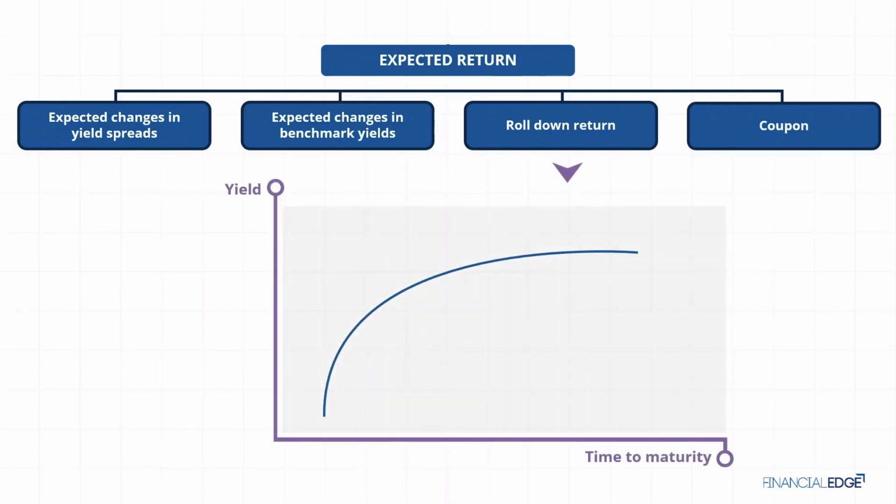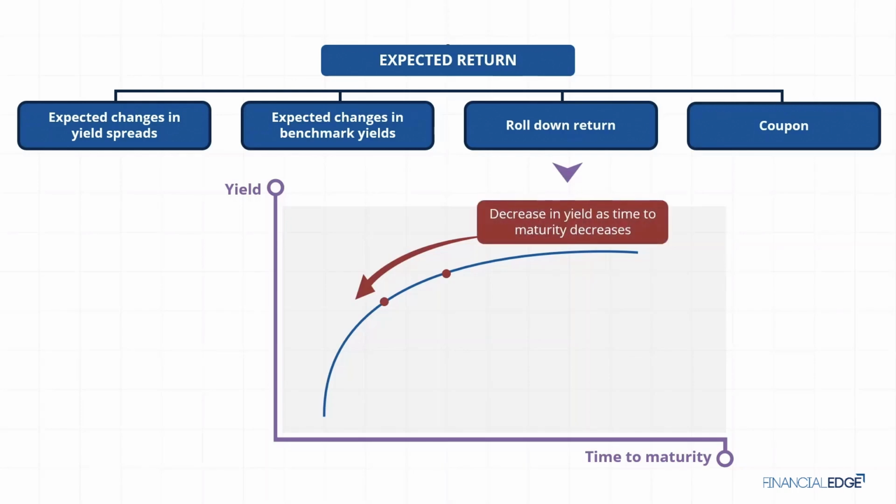The roll down return comes from the idea that the yield curve is often upward sloping, and as we move forward in time, the yield to maturity declines as that bond's maturity gets closer and the time to maturity falls. So over time, we get a decrease in yield as the bond's time to maturity decreases. With lower discount rates, we might assume that's going to lead to a higher bond price, but that's not always